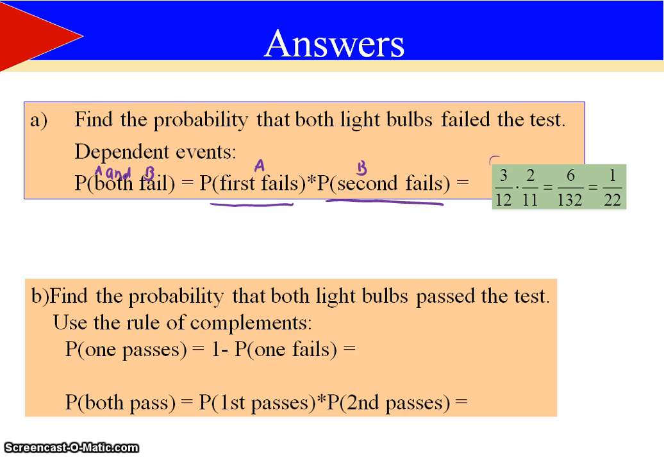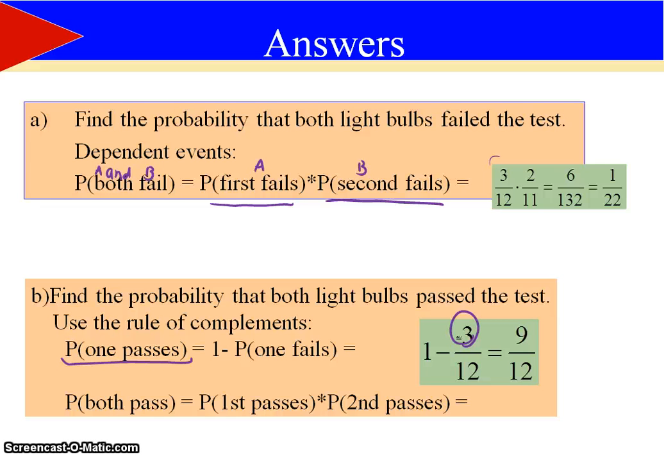For part B, it says find the probability that both light bulbs pass the test. Okay, so here we can use the rule of complements. The probability that both light bulbs pass the test, so we can find the probability that 1 passes. So it's 1 minus the probability that 1 fails. Well, how many of them are going to fail? Well, 3 out of 12 will fail. So the probability of it passing is 9 over 12, which you can do in your head. There's 12 light bulbs. You know 3 of them are going to fail, which means 9 of them are going